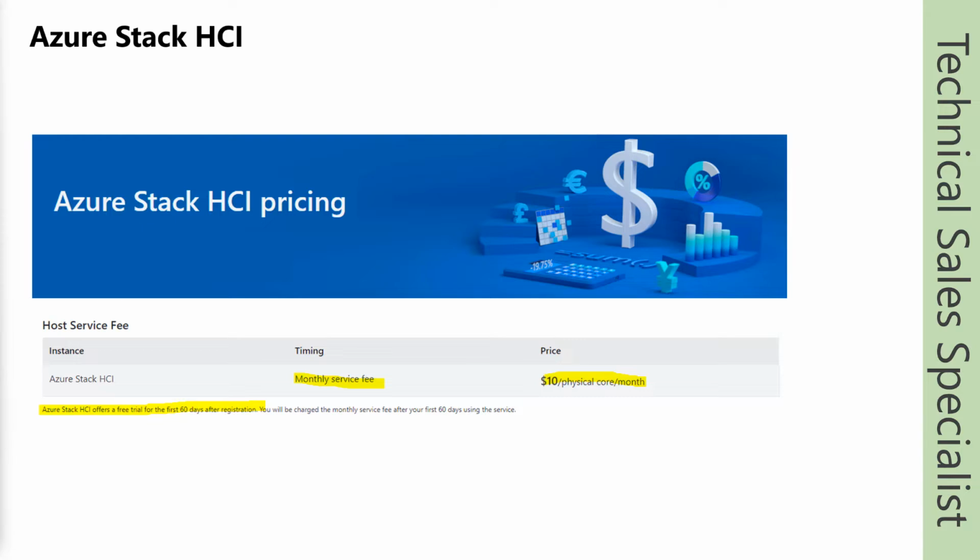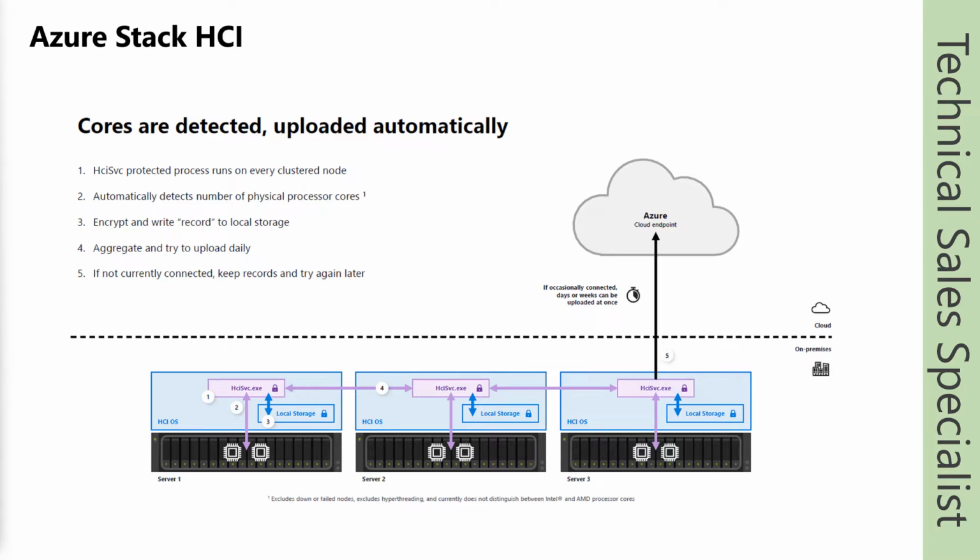It doesn't change anything in price, in the costs, if we don't use the cores, because Azure Stack HCI sees the cores and Azure Stack HCI uploads the physical cores that Azure Stack HCI sees to Azure, where you have to register your Azure Stack HCI cluster to unlock the full functionality. So changes in the cores are also uploaded. So if you activate cores later, because you use the scenario I mentioned where you have some reserve cores for further growth, for growth in the future,